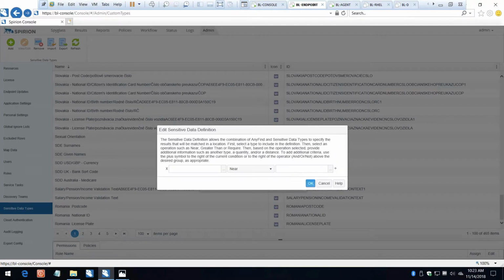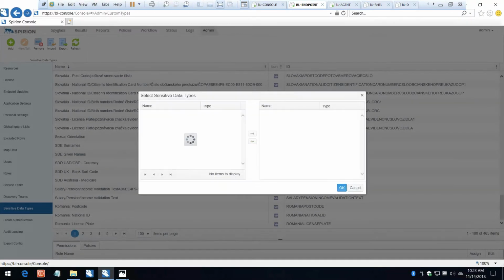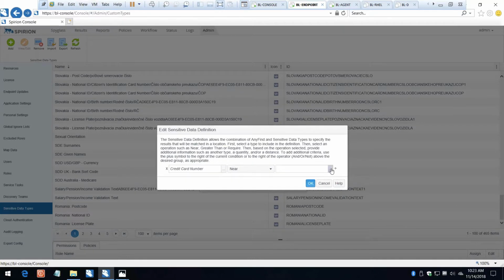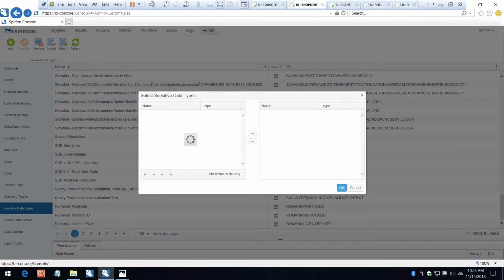So for example, let's say you're looking for anything in particular, such as credit card information as it relates to maybe a subject, because you happen to collect credit card information for subjects and you want to combine it with some type of EU data as well. So what you can do is choose from the left here, social security number, and add it to search criteria. And then you can say, if you find credit card number near perhaps another definition type, so over here I can say, find it in close proximity to some type of EU data. I'm just going to pick anything that comes up here on the left. And then you can start to actually combine these various types of information you're looking for, and you can start to build your definitions around that.